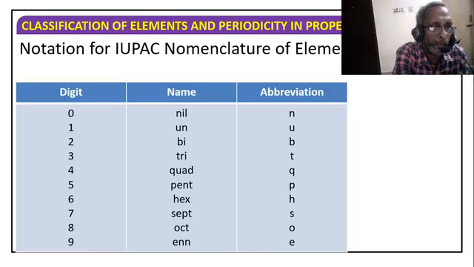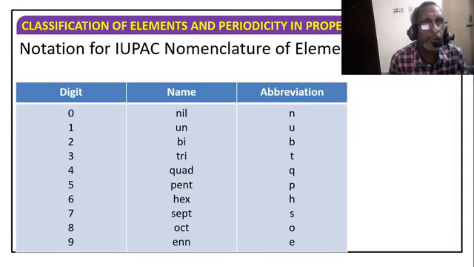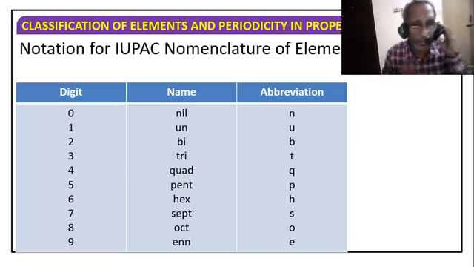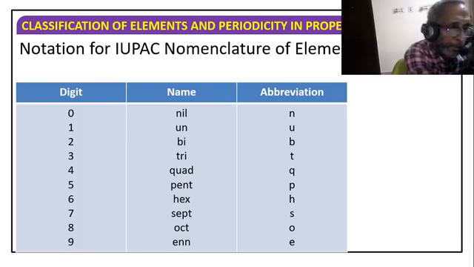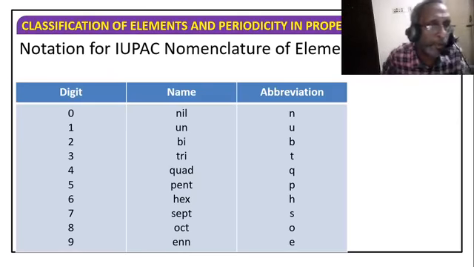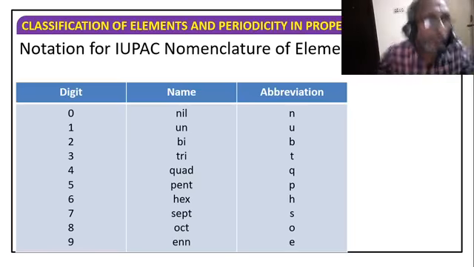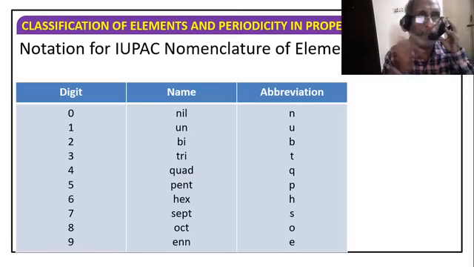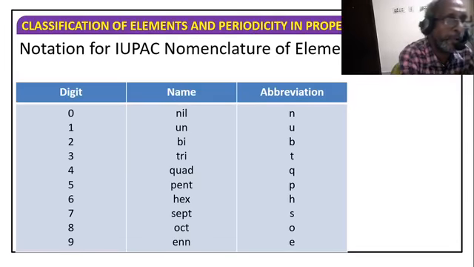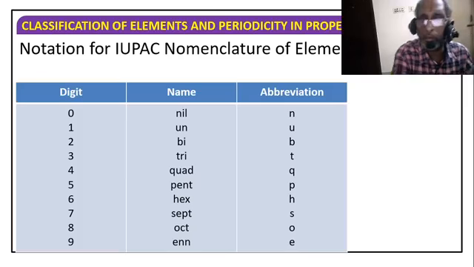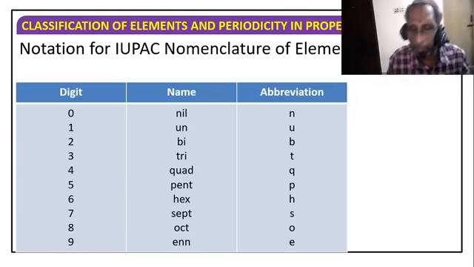So, we have seen Mendeleev's periodic law, stating that properties of elements are periodic functions of their atomic weights, whereas Moseley's or the modern periodic table states that the properties of elements are functions of their